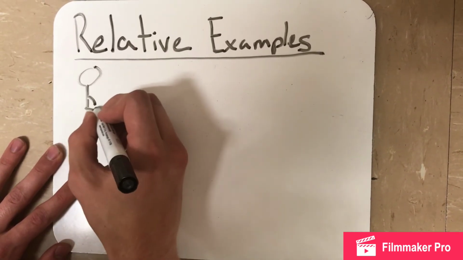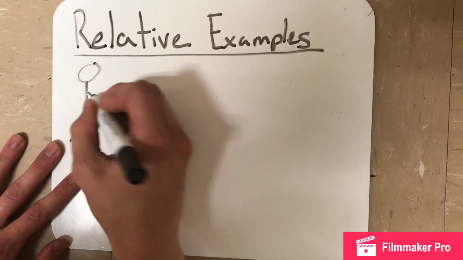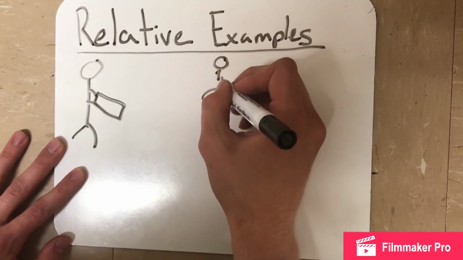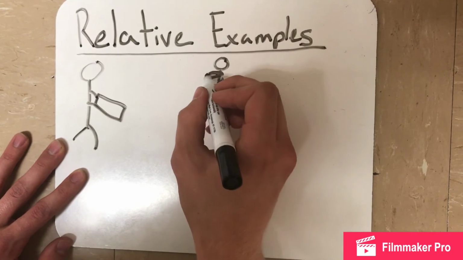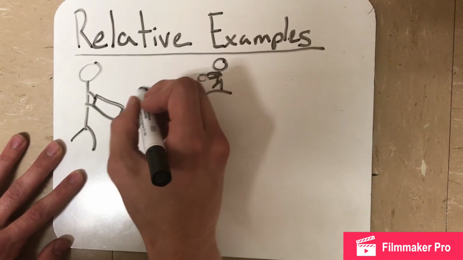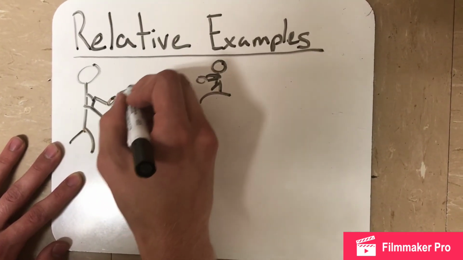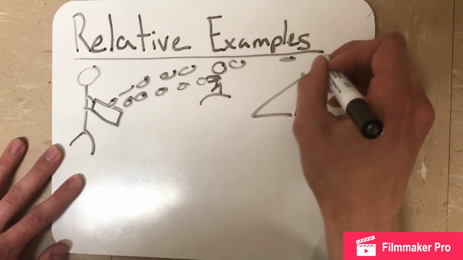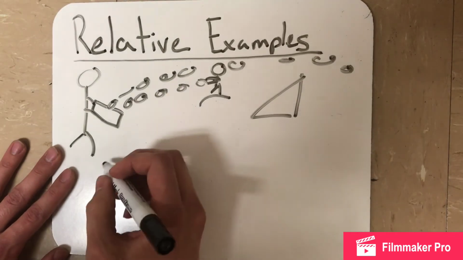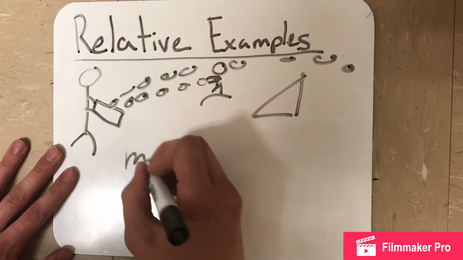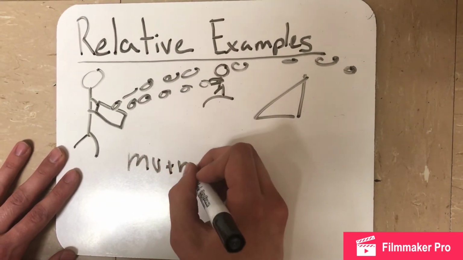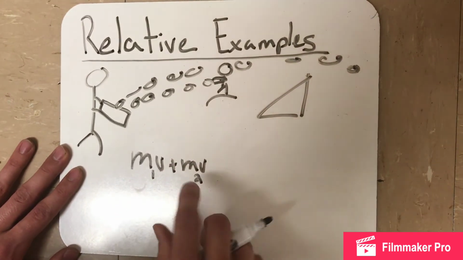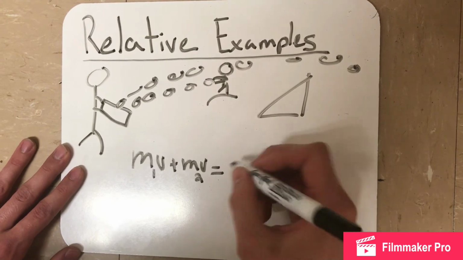So for our first relative example, we're going to use a little baseball analogy. You've got your guy here with his bat, and you've got your pitcher up here on the mound, and he's throwing a fastball, and you are hoping to hit this fastball out of the stadium with all these fans, because that would be cool, right? So we have our momentum equation, m1 and m2. This is the mass of the ball, and this is the mass of the bat,